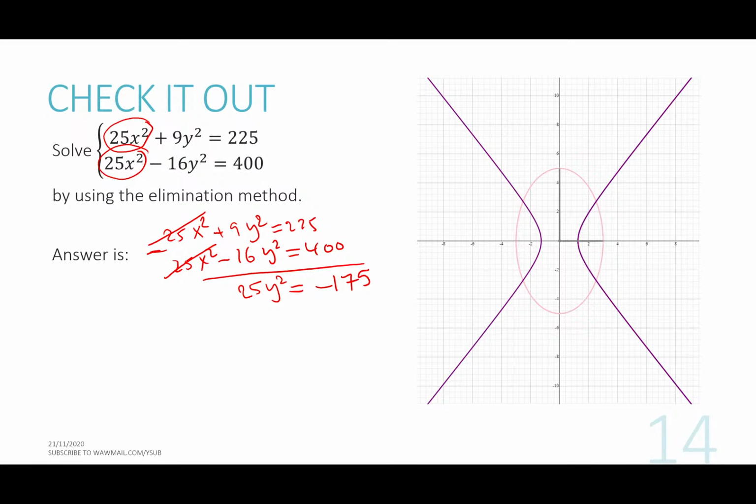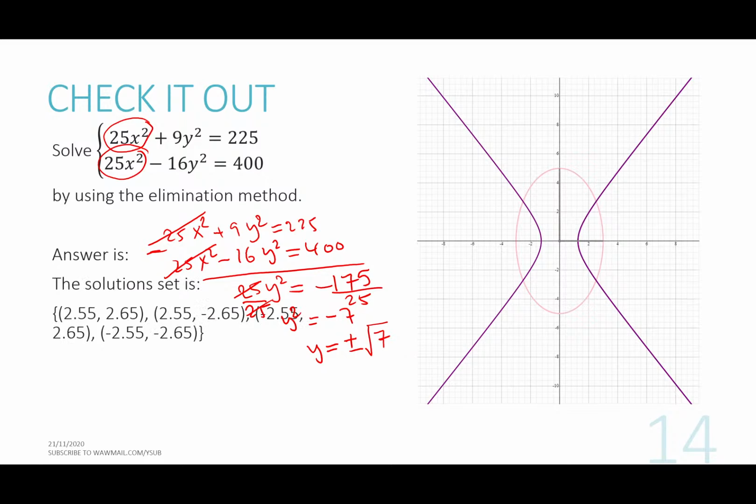So what happens is that y squared equals minus 7, so y equals plus or minus square root of 7. Now if we substitute the value, if you want to see the complete solution, which I did here, as I said, here y squared equals 7,